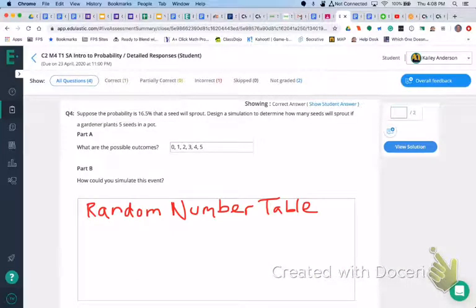Lastly, for number 4, this was supposed to be your new and unique problem. The question was changed as far as the type of simulation that I wanted to assess you on. So everyone is going to be exempt from this problem. In lesson 4, we skipped a simulation using random number tables. I wanted to have a problem on here with a